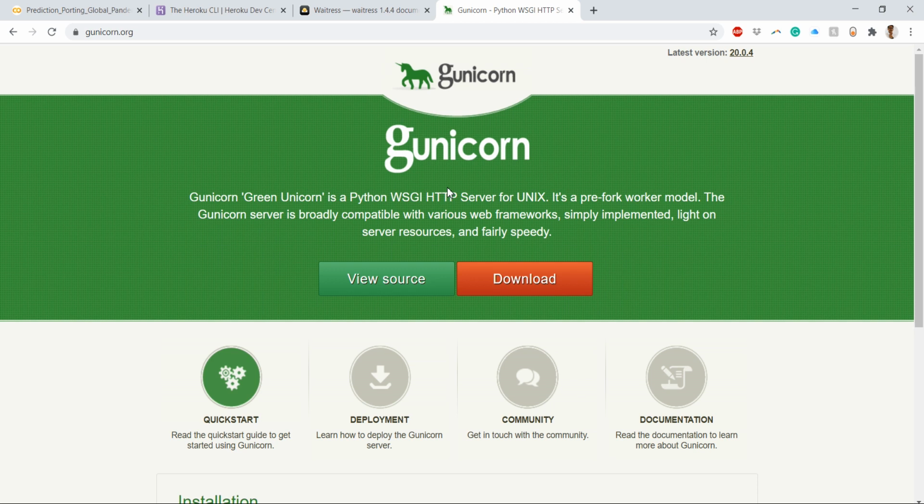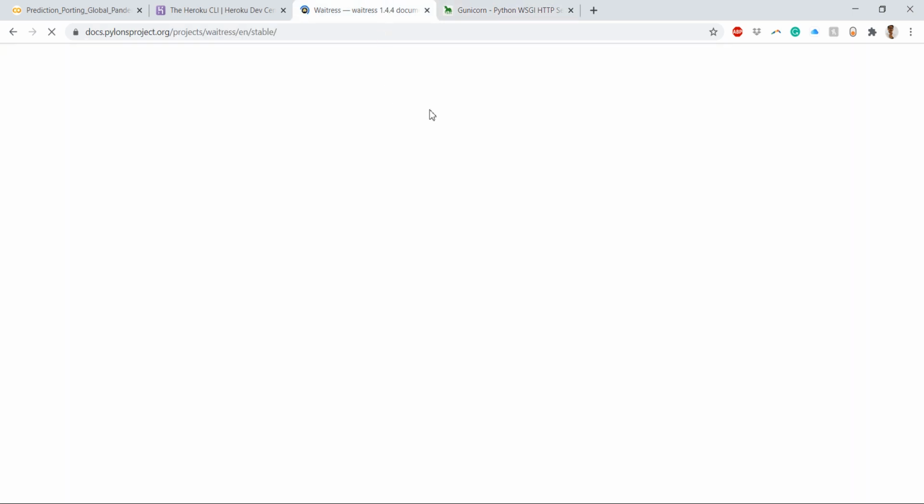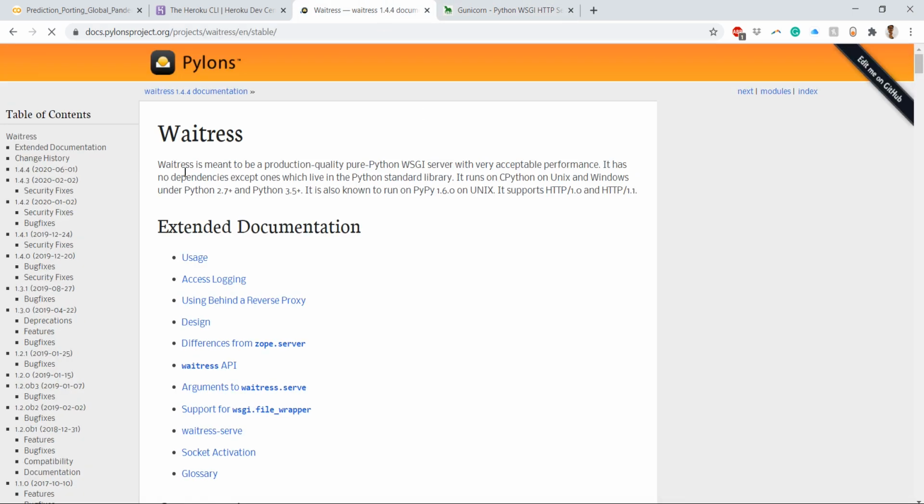But if you are using a Windows setup, and most of the users will be using Windows, then Gunicorn won't work. An alternative to Gunicorn is something we call Waitress. As you can read from the official website, Waitress is meant to be a production quality pure Python WSGI server.